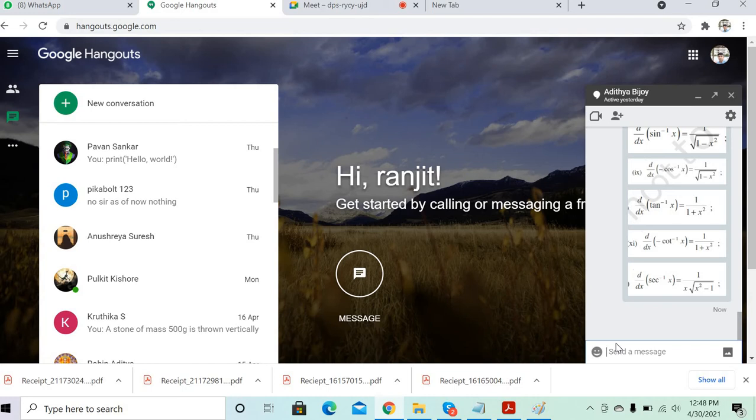Okay. So this is the differentiation of secant inverse x. Till now we got 1 minus x square, 1 plus x square. Now you are getting x square minus 1, and that too in the square root, and x is also on the outside. So 1 by x square root of x square minus 1. So d by dx of secant inverse x is equal to 1 by x square root of x square minus 1. Clear?